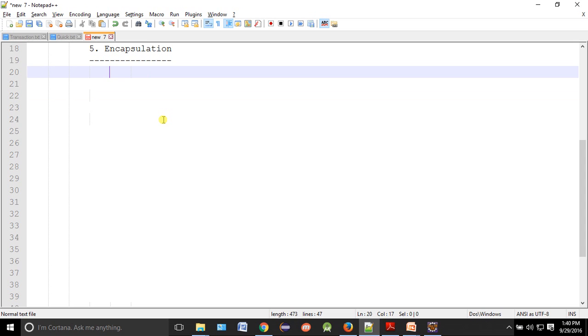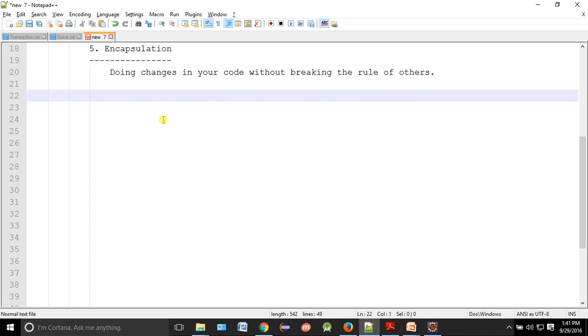What is encapsulation? Encapsulation is nothing but doing changes in your code without breaking the rule of others. Doing changes in your code without breaking the rule of others is called encapsulation.